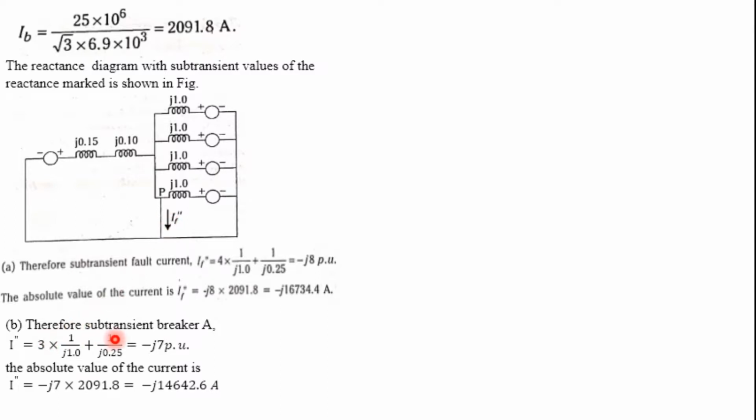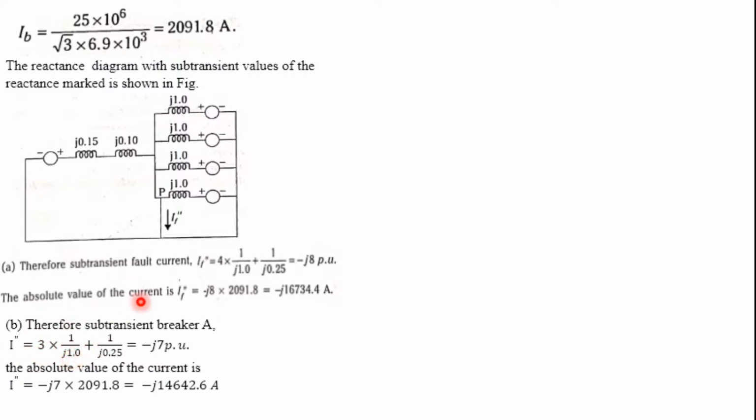Then next we have to calculate the subtransient current across breaker A. Where is the current across breaker A? That we have to see in the single line diagram. Breaker A is the one before motor 4, so at this point there is a breaker we are considering. If there is a breaker, it isolates motor 4. That's why we are considering I double dash equal to 3 into 1 divided by